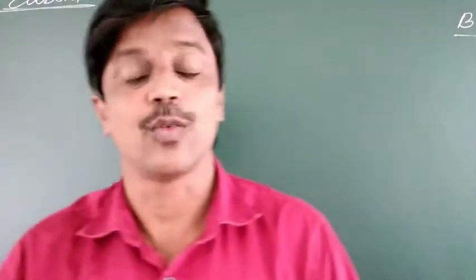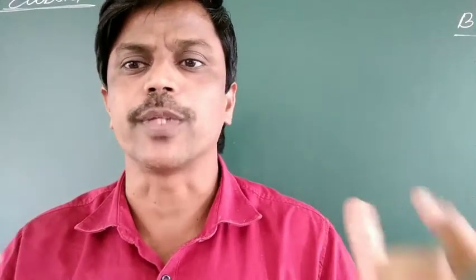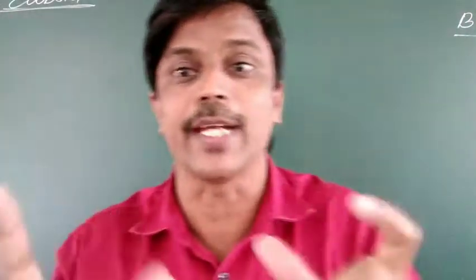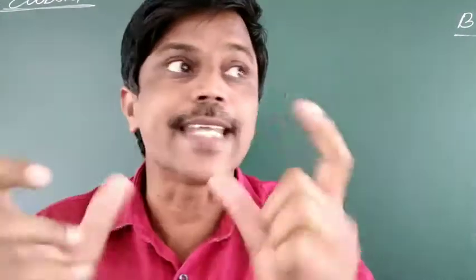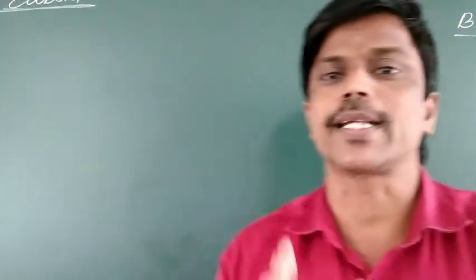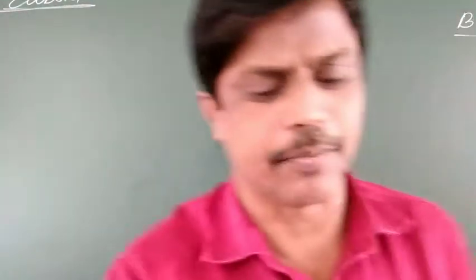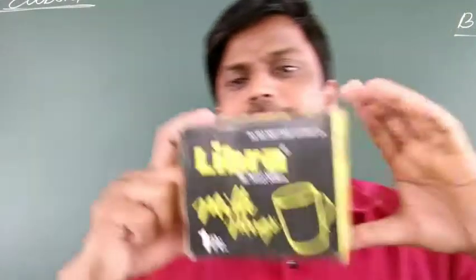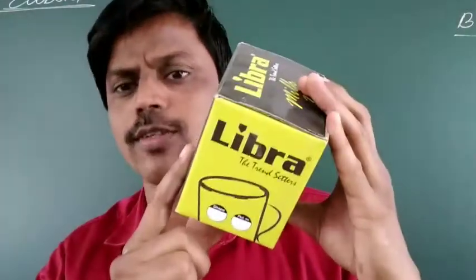So one thing is there, did you notice that? Many of the things you got from the market came in a packet, in the shape of a box. Many things you purchase from the market come in a box. So see, in our daily life there are many things that we get in a box, like this. This is, for example, one box.